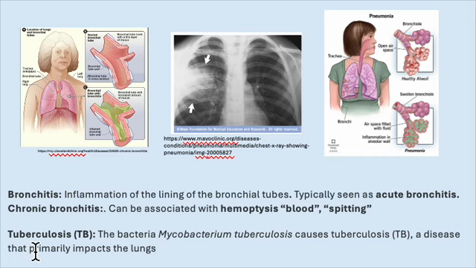And finally, tuberculosis. Tuberculosis is caused specifically by the bacteria Mycobacterium tuberculosis, or TB. It primarily impacts the lungs, but it can spread as well. It's very contagious and creates what's called granulomas, which are small areas of inflammation that can permanently scar lung tissue, kind of like how pneumonia is associated with lung scarring. Tuberculosis often develops from a cold and is actually a quite common pathology, but it is going